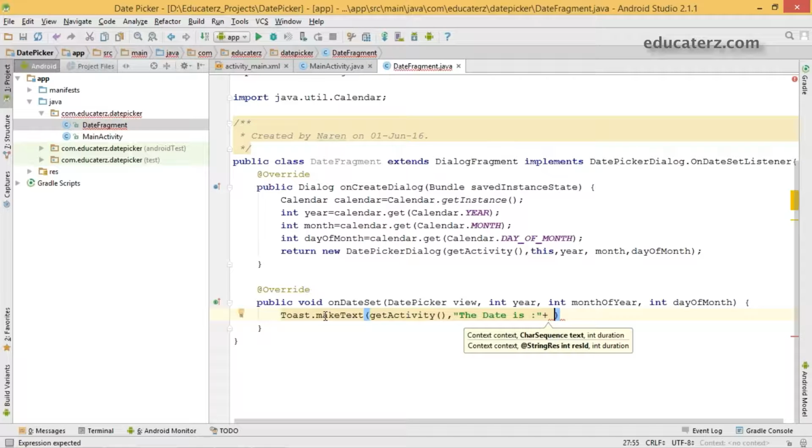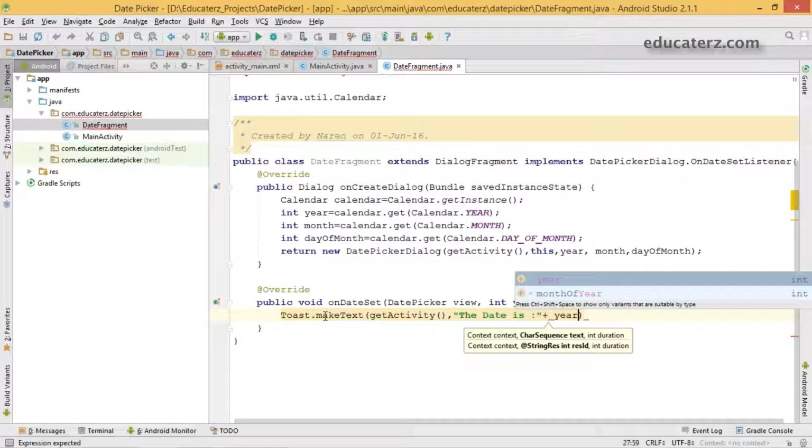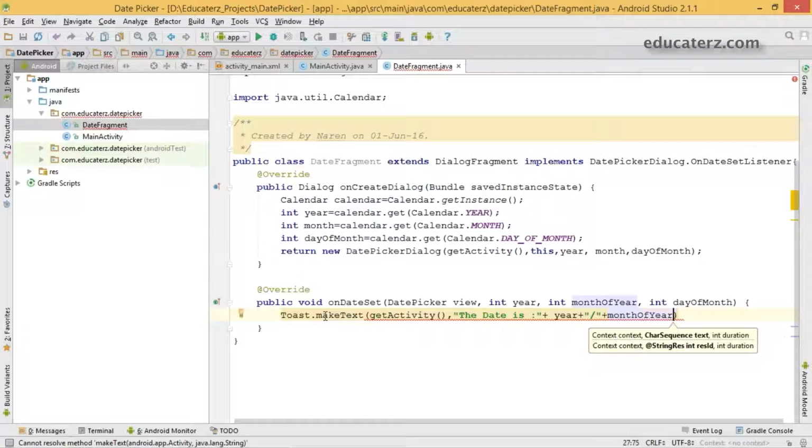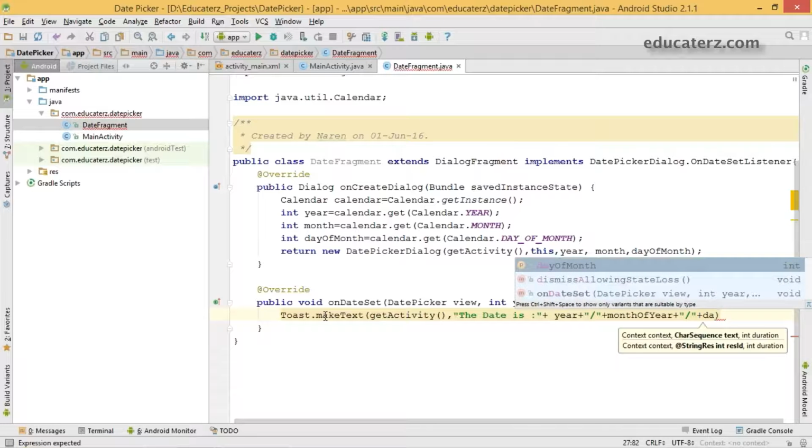It is going to take the year first. Add plus symbol and put slash or hyphen, that is up to you. The next one is the month of the year, and add it. Then concatenate the day of the month.